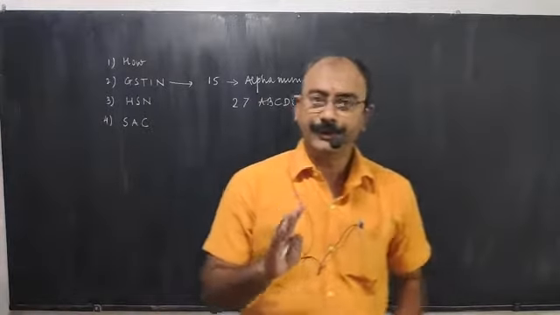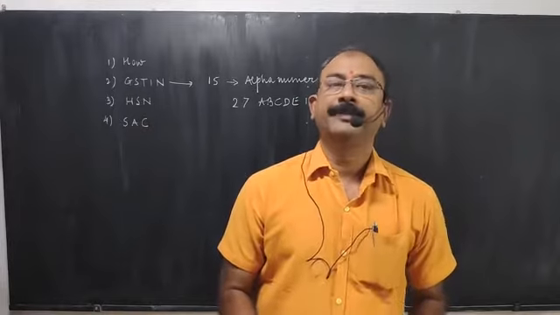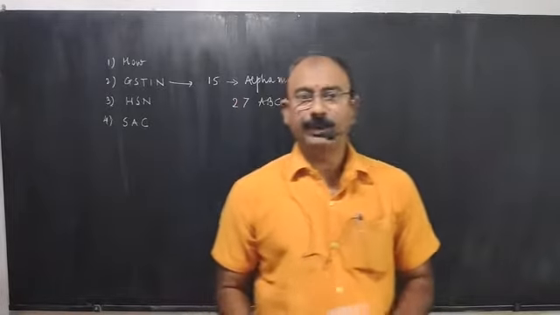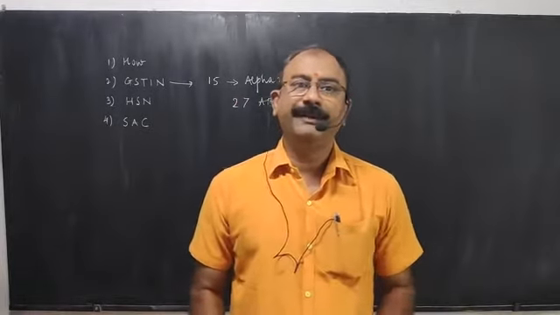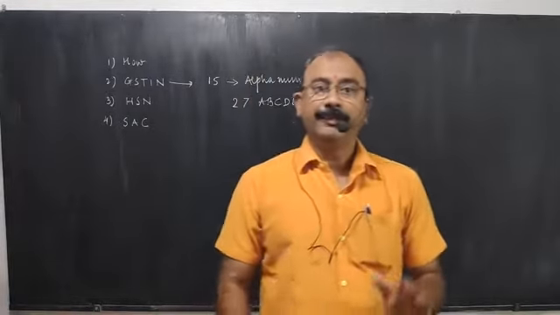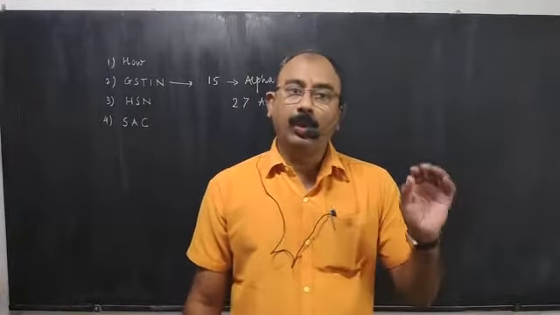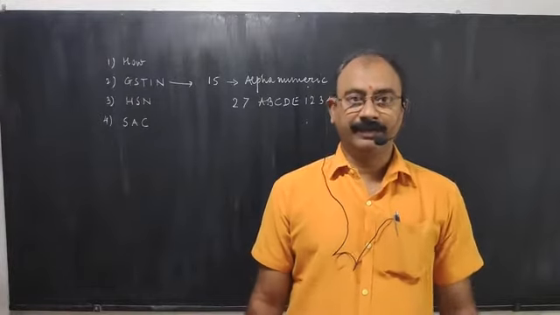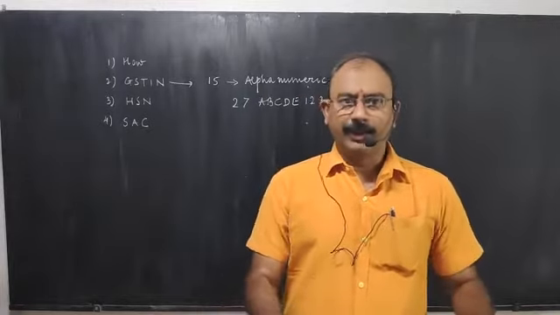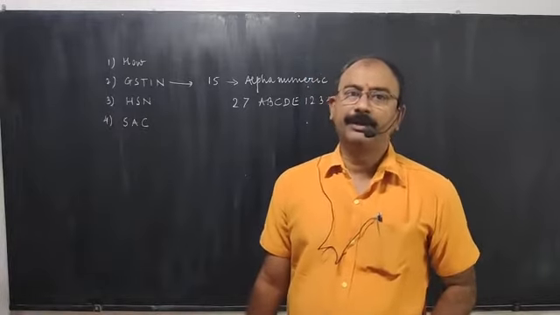Good morning, children. Now we have to solve the last two examples of practice set 4.2. But before solving that, we should know how the government keeps track of the GST collected. In order to identify the citizens of India, the government has given them an Aadhaar card number. Similarly, in order to identify the traders, the businessmen, the government gives them one number called GST. Everything is monitored digitally with the help of computers. So every trader is given one number called GST.